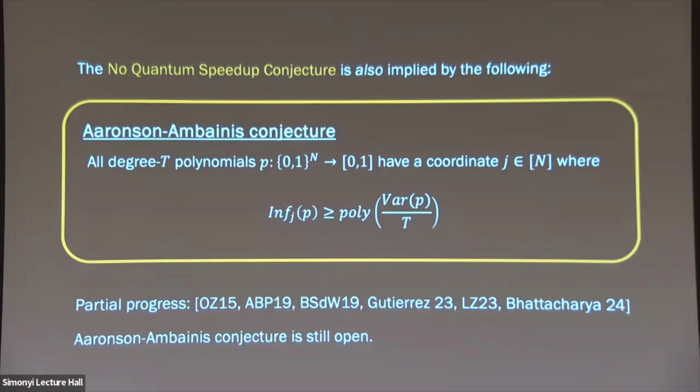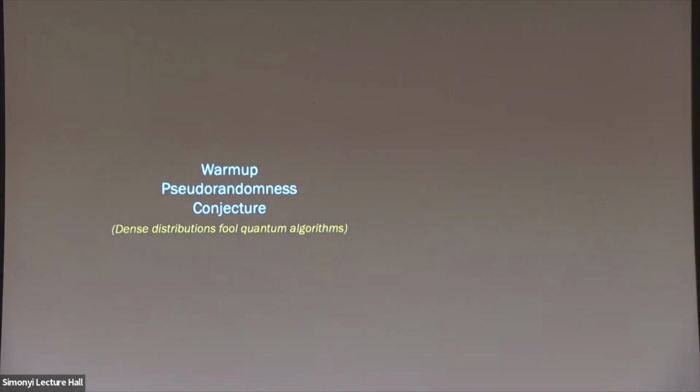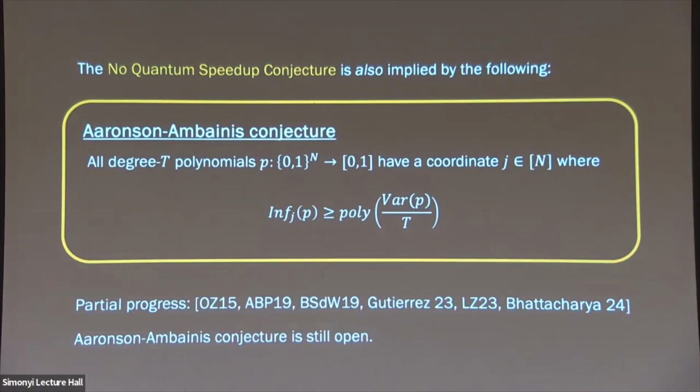So I've just thrown out a whole bunch of conjectures at you, but let me draw it out so you can see the mental map. Can you go back one step? Just a short comment. If you replace polynomials by decision trees, then we do know a theorem saying exactly that. So it's a really interesting extension. If instead of degree T, you say depth T decision tree, then we know a lot about it. Right. Also, if we replace T by 2 to the T, then using one of Arit's results, that is true.